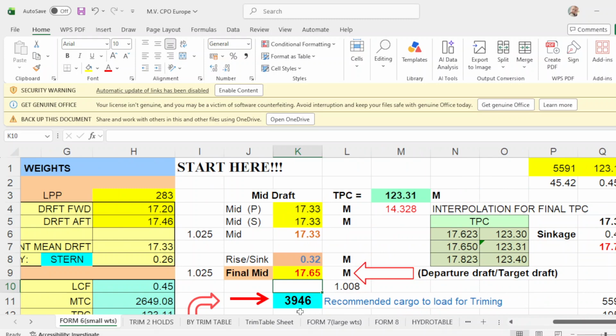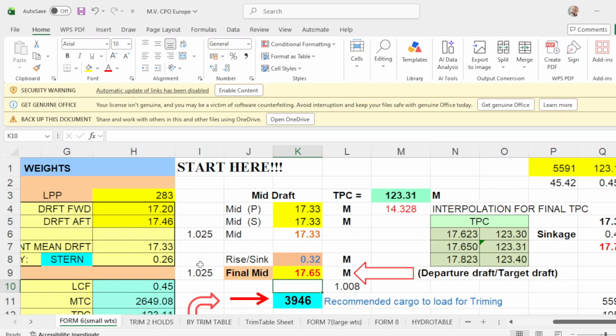That will be 54 metric tons less. Okay. So with this final departure drop of 17.65, your sink gauge is 32 centimeters or 0.32 meters.